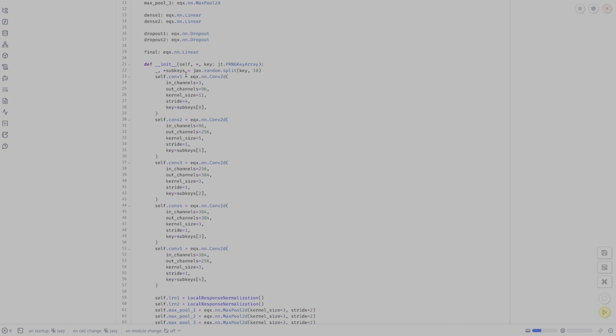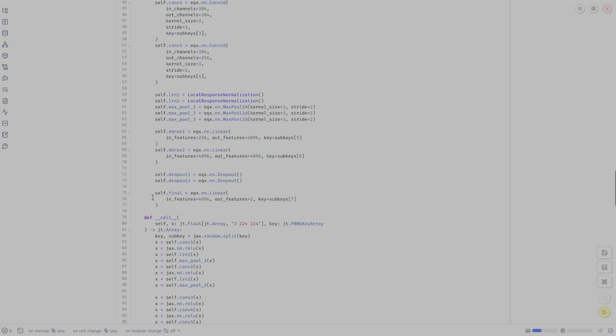For example, the first convolutional layer has an input channel of 3 that's coming from your input images, and it outputs 96 channels. Then for the next convolutional layer, the input channels is 96, which you had defined here. The output channels is 256, and so on. One thing I would like to mention is because our dataset has only 2 classes, we will return only a single value. And that value will be the probability that determines if the input image is a cat or a